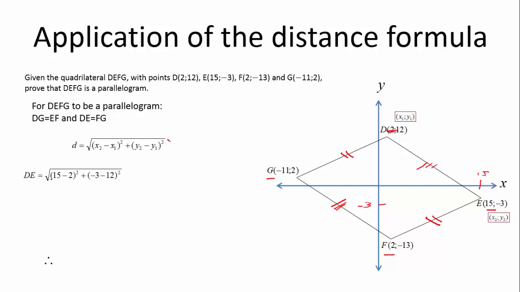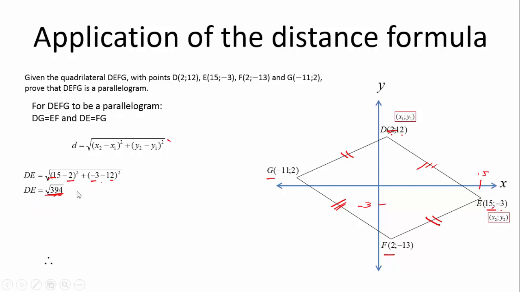How can we do that? Well, let's first figure out the distance of DE. What is the distance of DE? It's 15 minus 2 and negative 3 minus 12. What is 15 minus 2? That's 13 squared. What is this? This is going to be 15 squared, and that's going to come out to 394, the square root. You can leave that there. Now, you don't need to simplify it too much, but